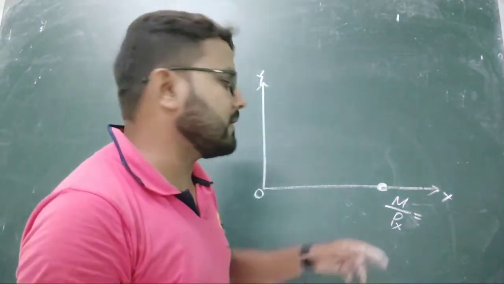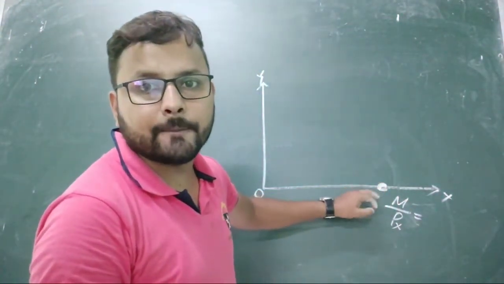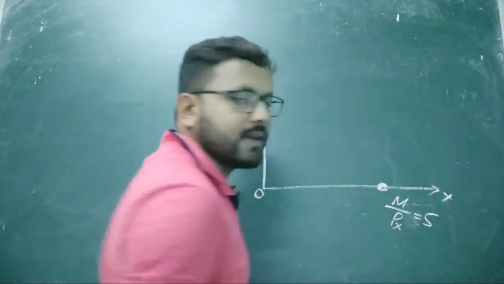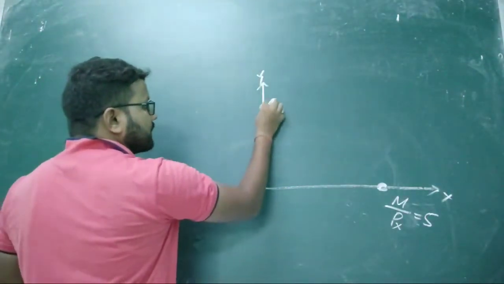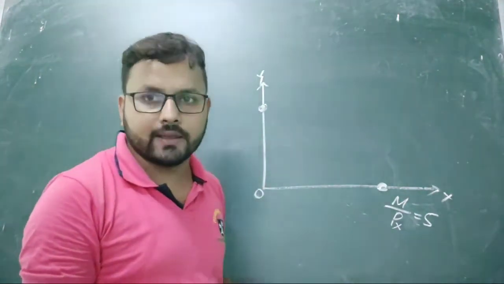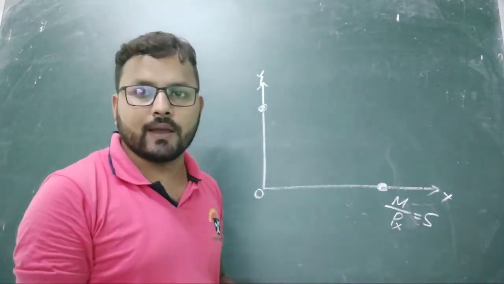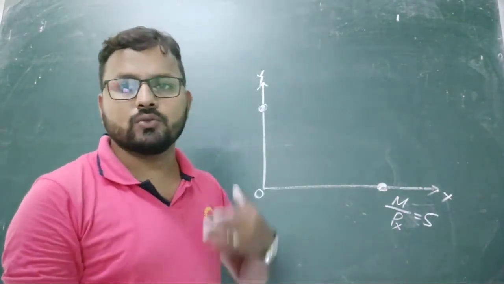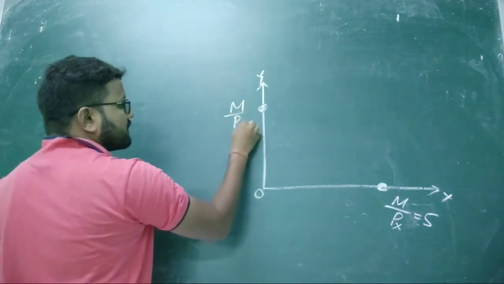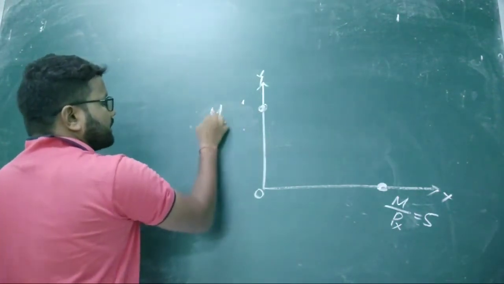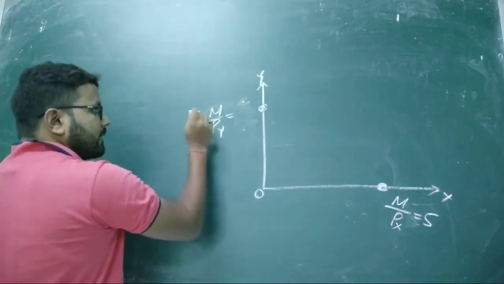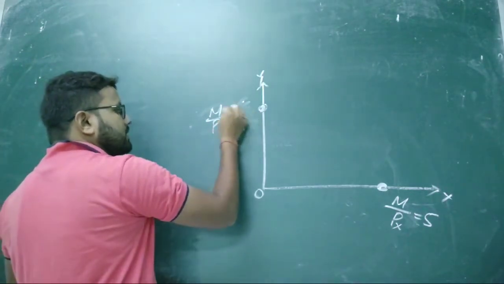So what is the value of m by px? M was 20 and px was 4. That means the amount of m by px is 5. And what is the quantity of y if the consumer spends the entire income on good y? It is m divided by the price of y. The price of y was 5 and the money income was 20, so that is 4.